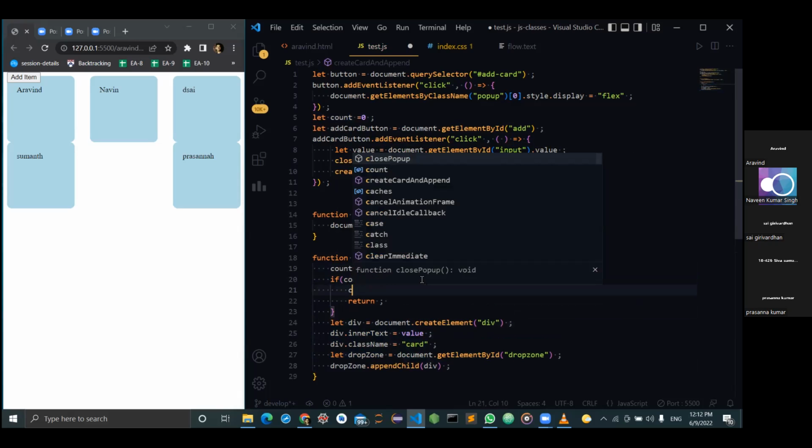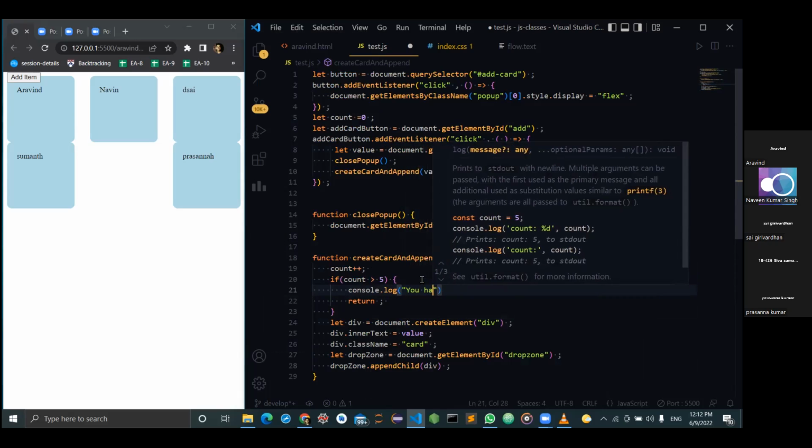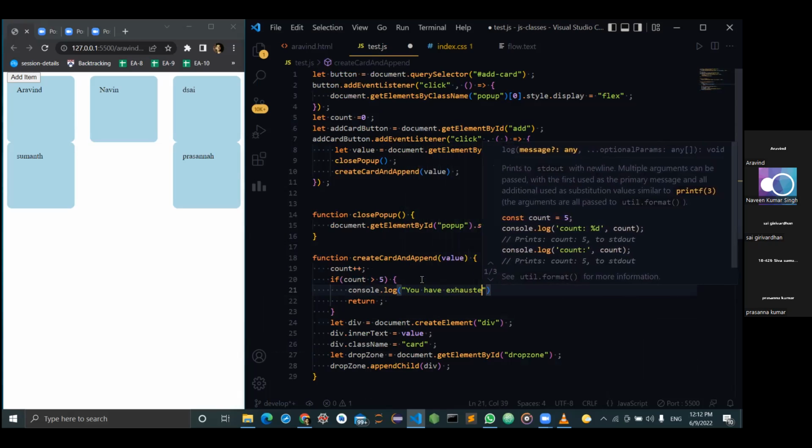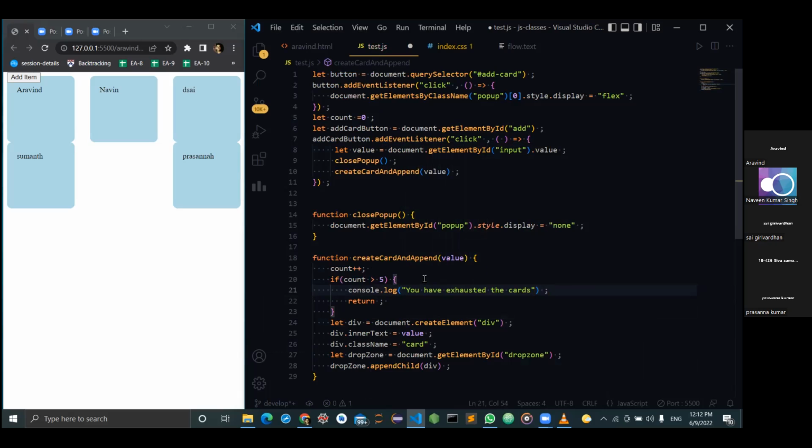And before that, you need to make a console log that you have exhausted the cards. Okay, something like this. You can make something like this. Okay, so in create append card, whenever you pass this value, you will get this thing, or else you will see some alert message. Alert is the one by using this function you can alert something. So alert, and it is a result function. So in this,